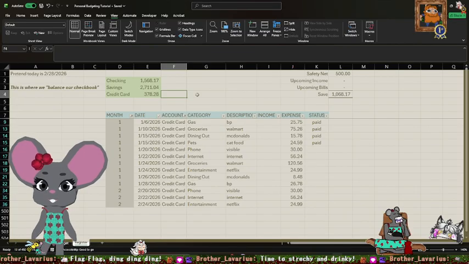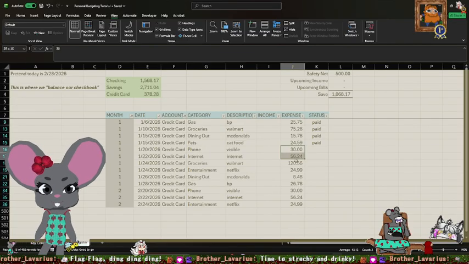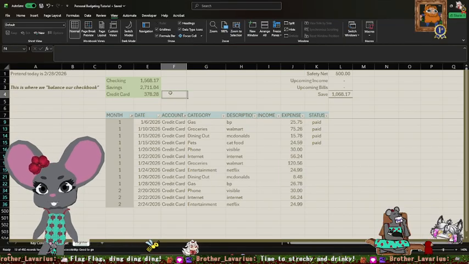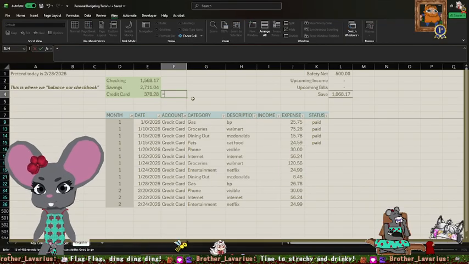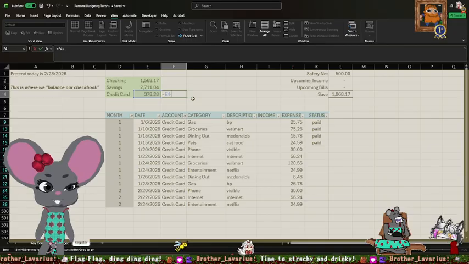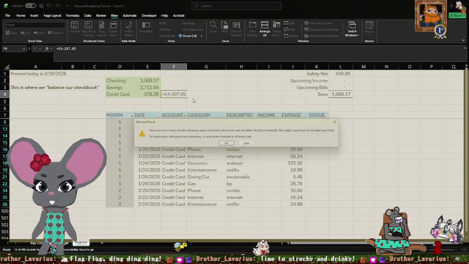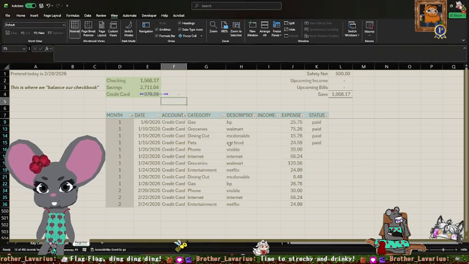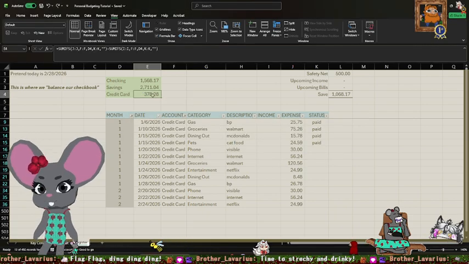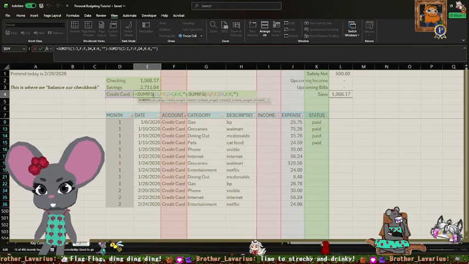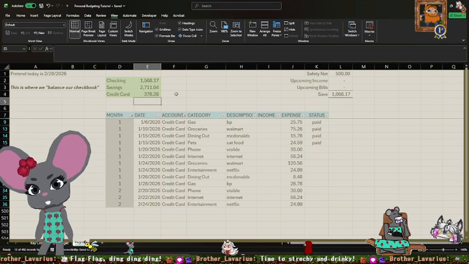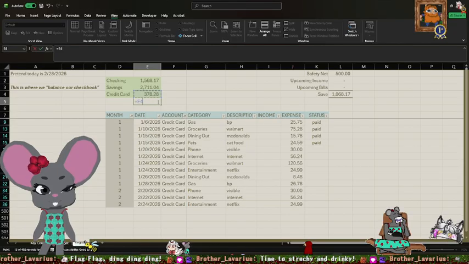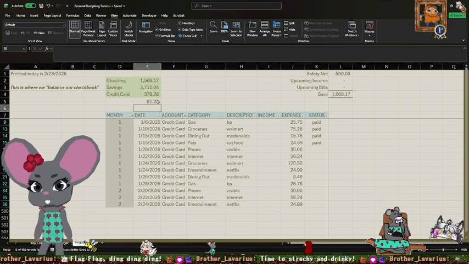So let's pretend it is going to be $297.05. So we can take this account balance, or total amount, minus $297.05. What? Why do we have a circular reference? Oh. What if we do it underneath? Minus $297.05.